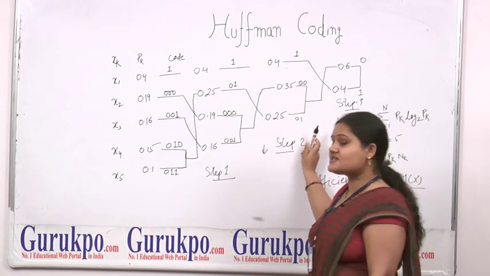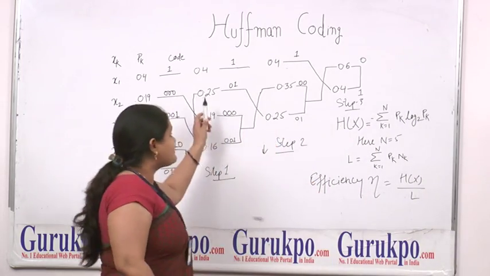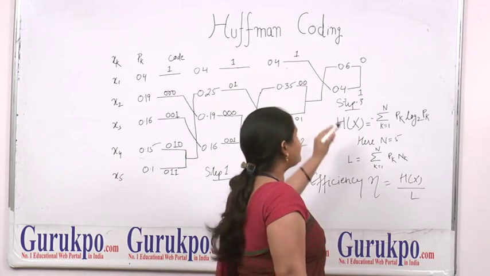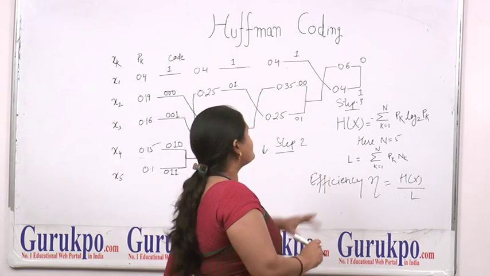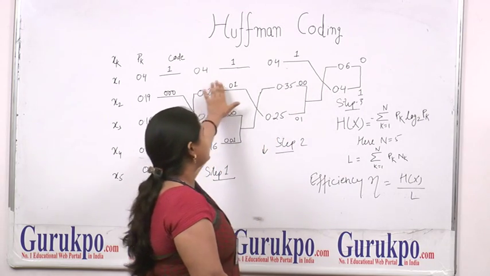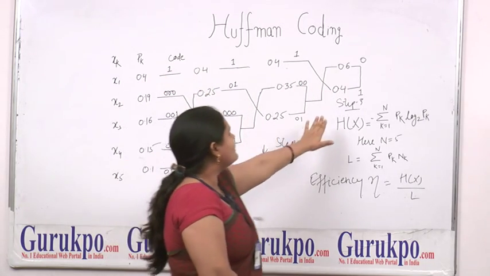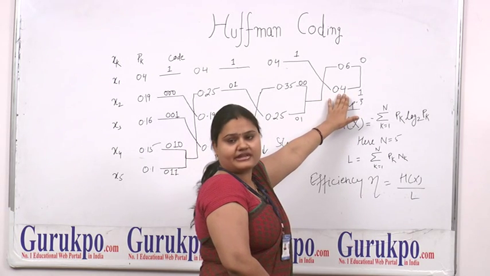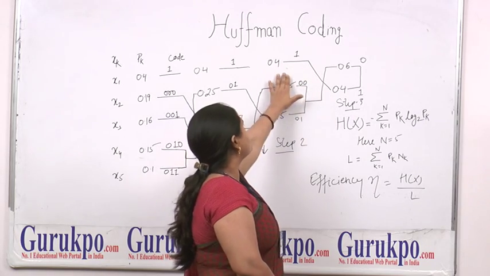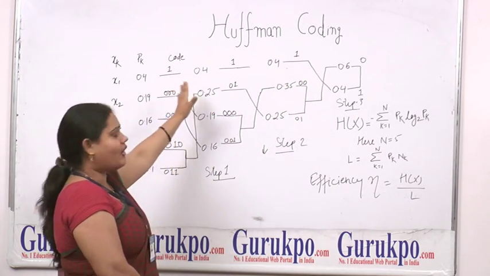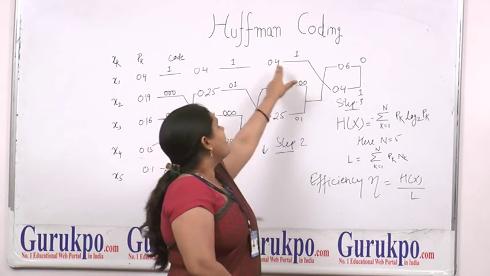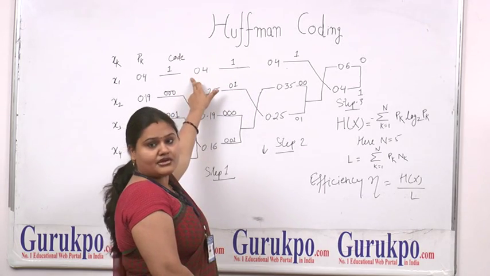At the last step, where we have two probabilities, we always assign 0 to the uppermost message signal and 1 to the lower message signal. If there is no addition of probabilities, we carry the signal on until the last step. Here 0.4 is not added anywhere, so we carry the signal with 0.4 straight to the starting point, and assign the corresponding message signal 1 against the value 0.4.